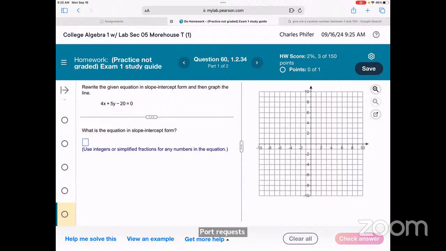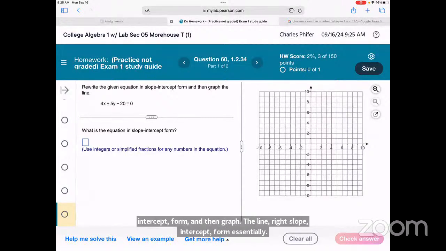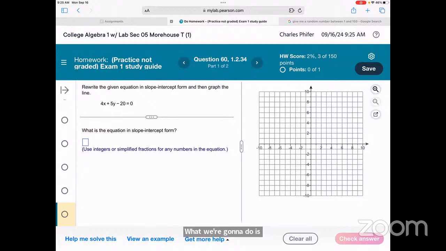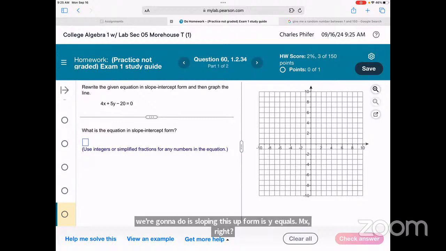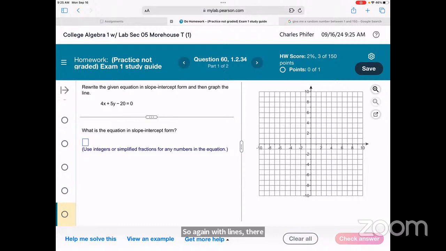Slope-intercept form is y equals mx plus b, right? With lines, there are three equations that I feel are a good idea to have ready to go. One is the slope formula, rise over run, change in y over change in x. Then you have the point-slope form, which we typically use when we're given a point and a slope. And the final is the slope-intercept form, y equals mx plus b. So whenever I'm working with lines, I try to have those three formulas ready to go.